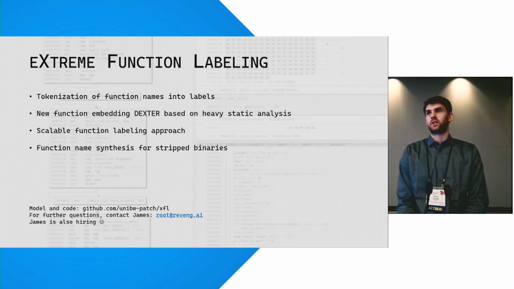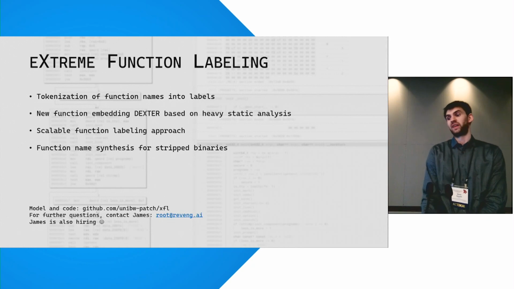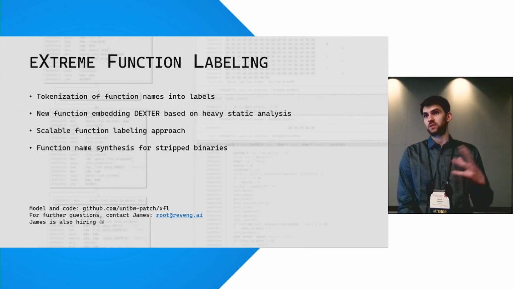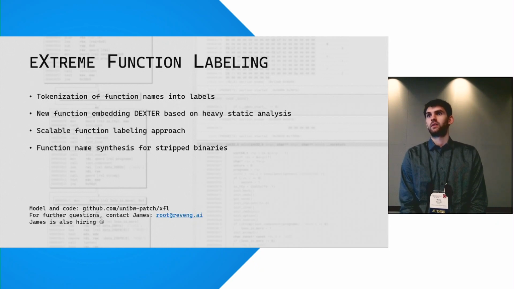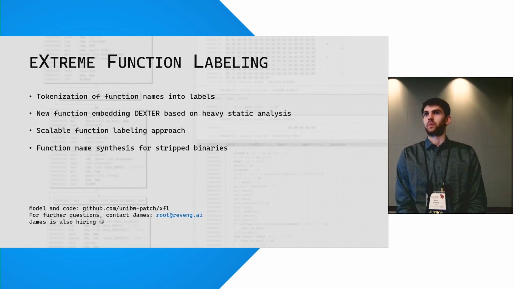Yeah. So I mean, we were evaluating on many different inputs. So I mean, this is referring to the Dexter function embedding, right? Yeah. So I'm curious why you choose to learn from the IR code instead of directly on the decompiled pseudo C code. Yeah. I mean, decompilation code also has varying quality, and here we're just using the IR because it has been working best for us. I see. Okay, thank you.